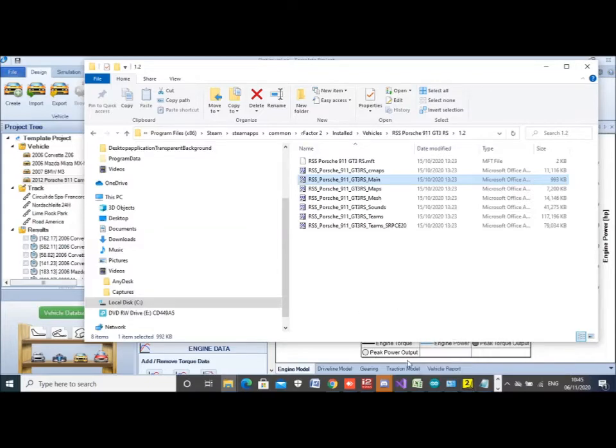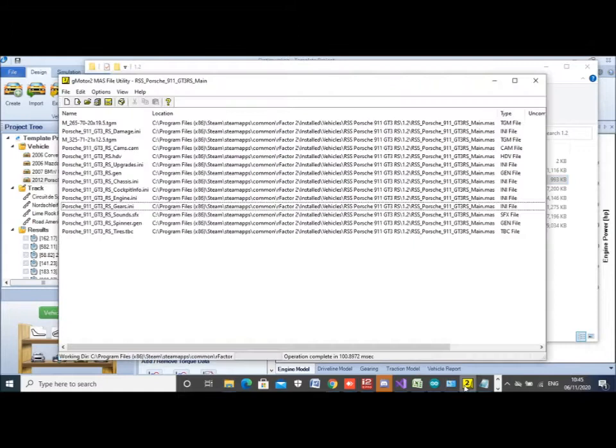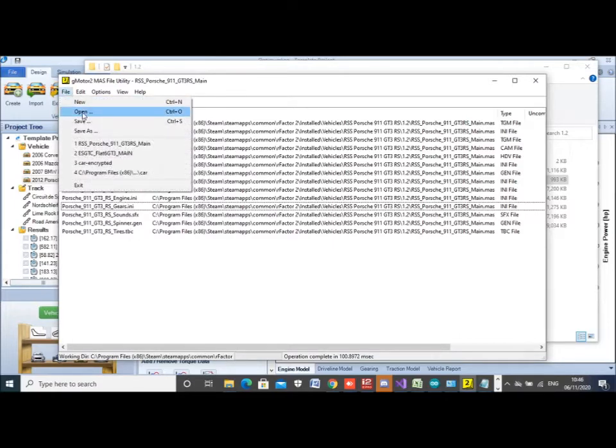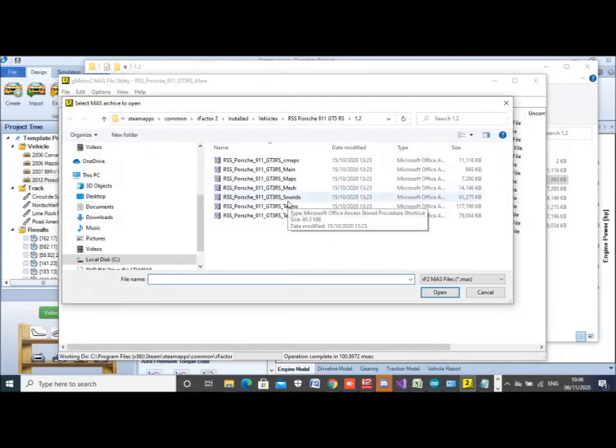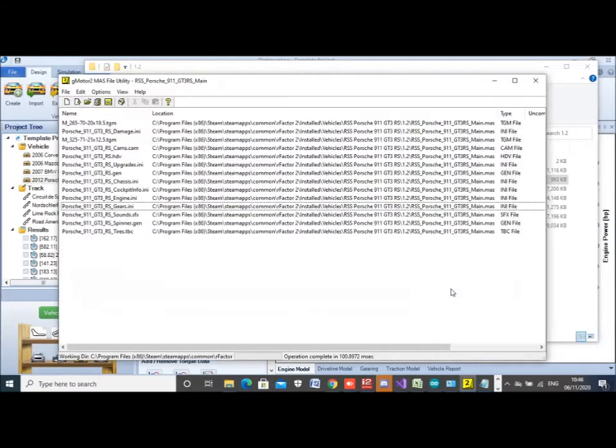So to get access to that, we need to go to the mass utility file. Basically you can get to this from the rFactor 2 launcher. I think it's one of the icons at the bottom, the one that's a square icon with the number 2 in it, and you just simply go open, navigate to the file that you're interested in, and open, and then you get a list of these files that are